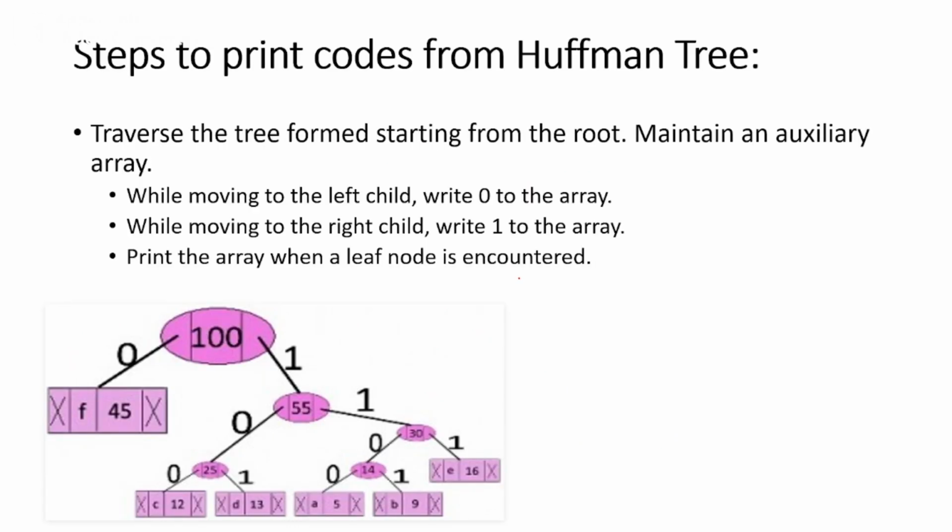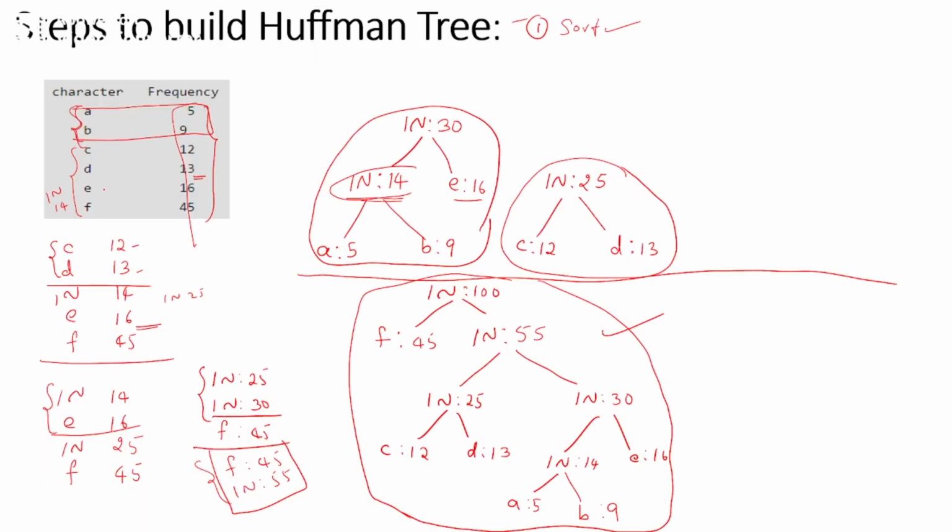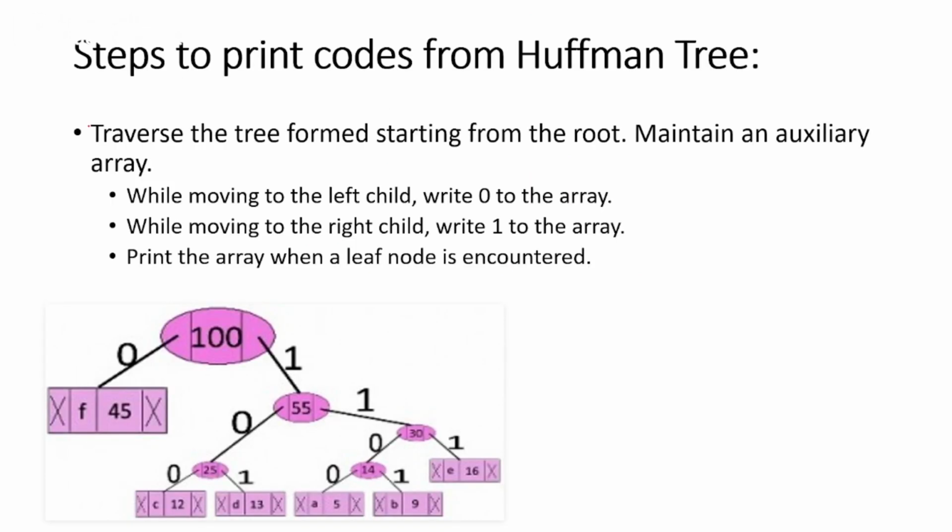Now if you build the Huffman tree, then you are going to get the encoded form. Whatever data you have, these are nothing but the characters and their frequencies. From this you are going to build the Huffman tree, and then you are going to encode the data characters. When you encode the characters, you get the encoded format for all of them. How can we do it?